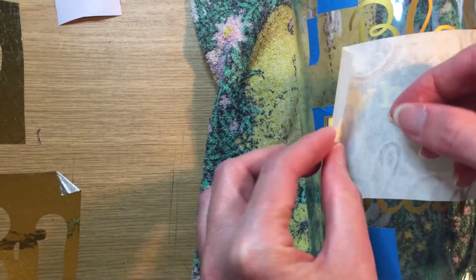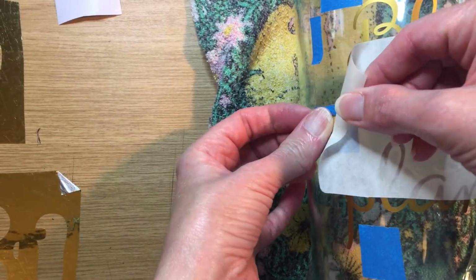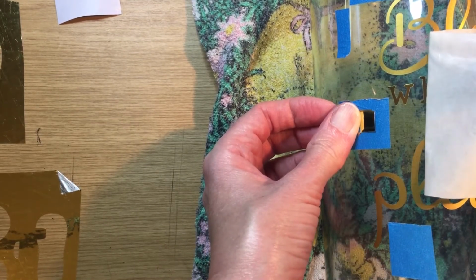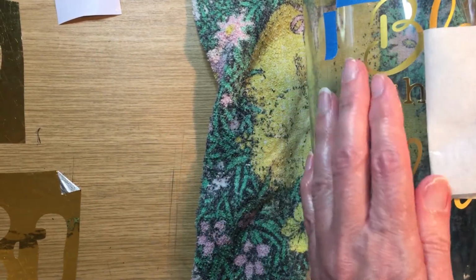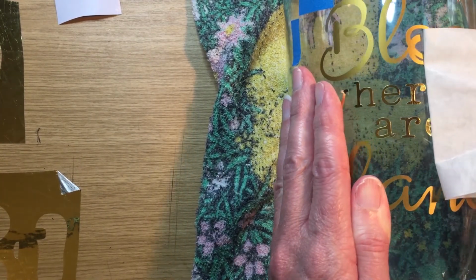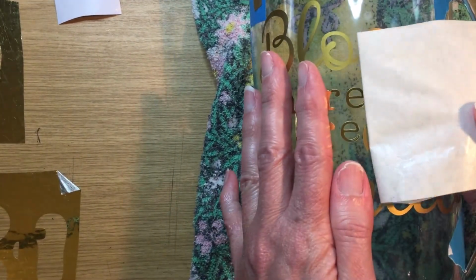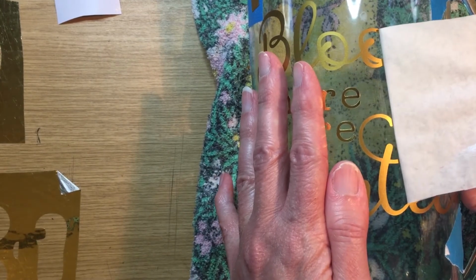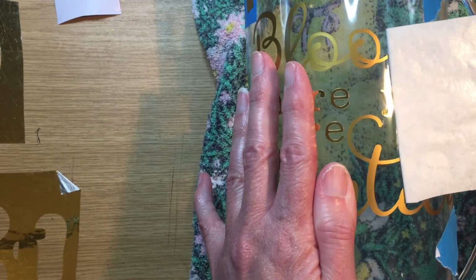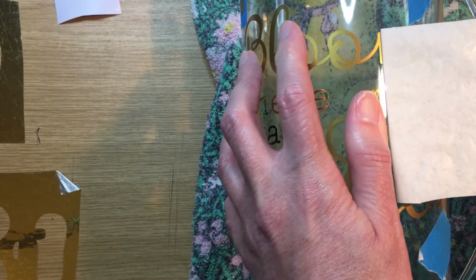Okay, let's have a look and see how this is. There we go, and that's coming off quite nicely. So you can see it was just the backing paper was cut into a little bit. Because the idea is when you're using the machines, you shouldn't be cutting into the paper, but